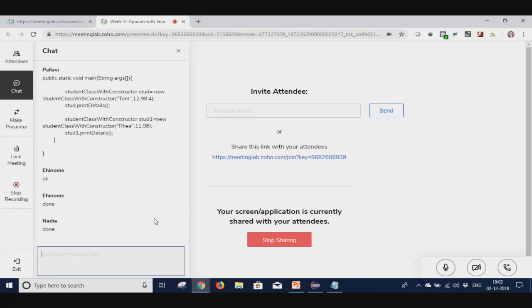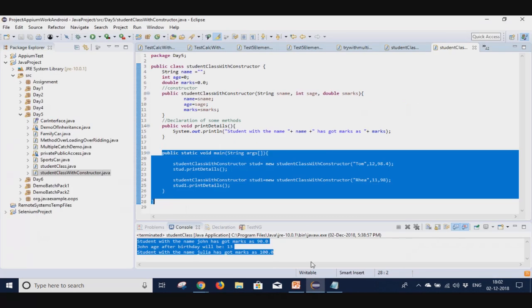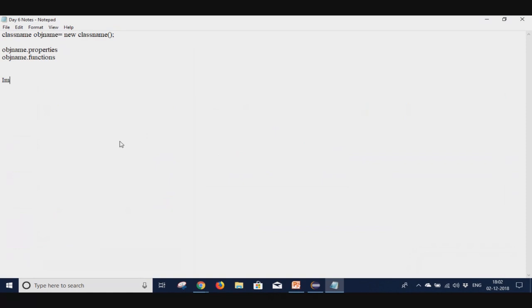That's great. Now let us have a look at the next concept, and that is the concept of inheritance. So the concept of inheritance basically also is inherently